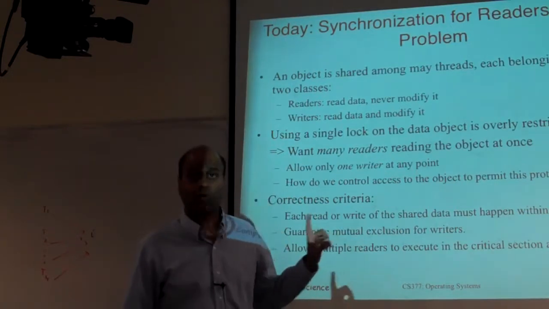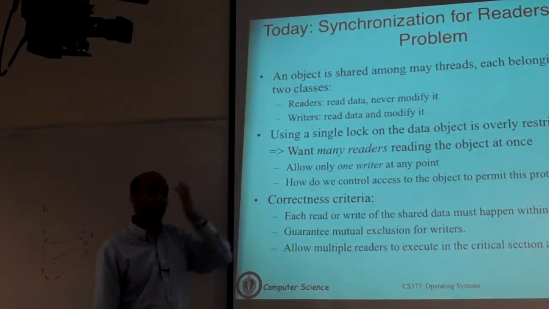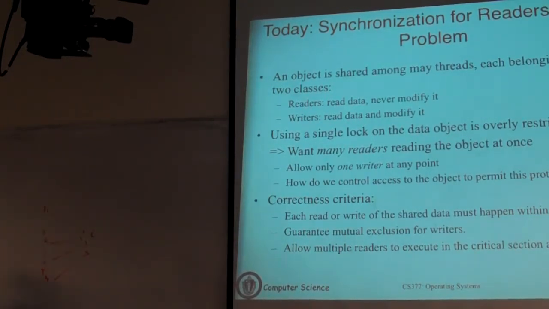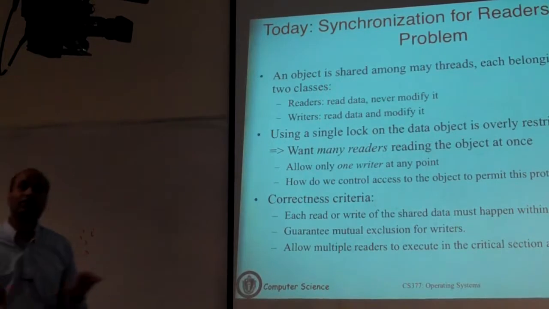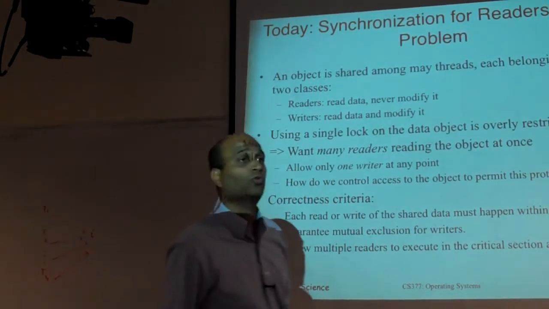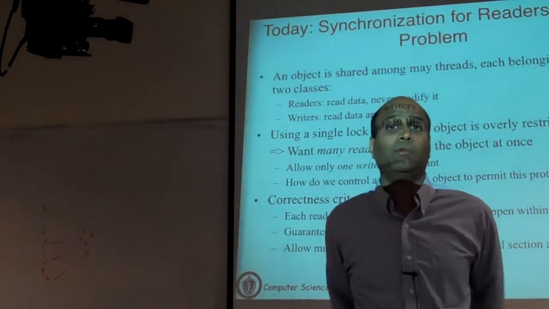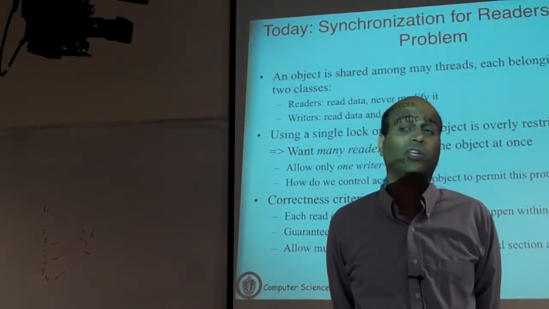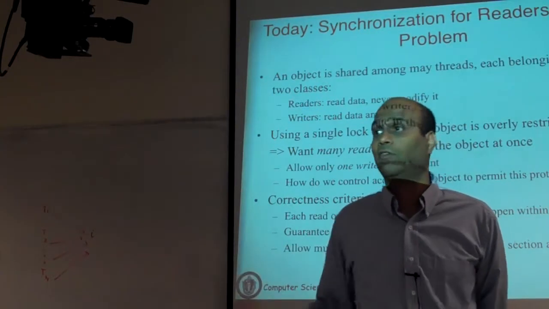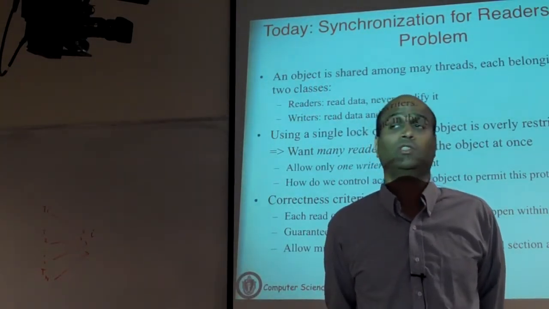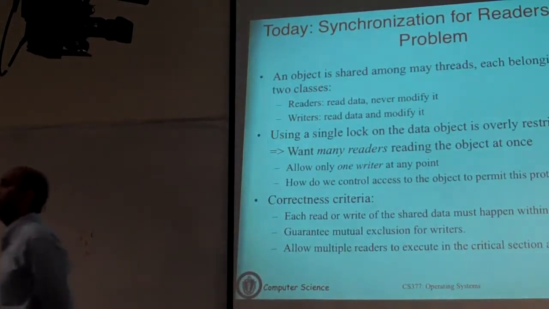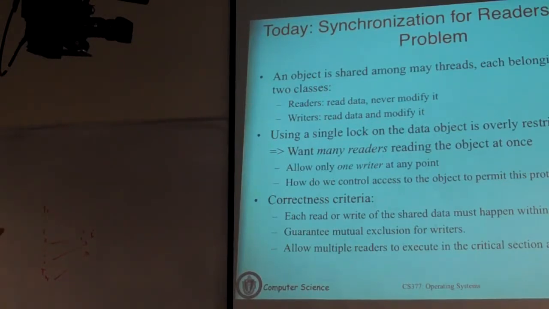And this is one of those classes of problems, and we are going to call this a readers writers problem. The readers writers problem is as follows. So we'll assume there are these n threads, but we'll partition these threads into two groups. The first group of threads only reads that variable but never modifies it. We'll call that group of threads readers. They only read. So they'll just say, what's the current value of y? That's all they're going to do. It won't change that value. And the other class of threads, as the names reader writer suggests, actually reads it and modifies it. They write to that variable. They actually change the value.